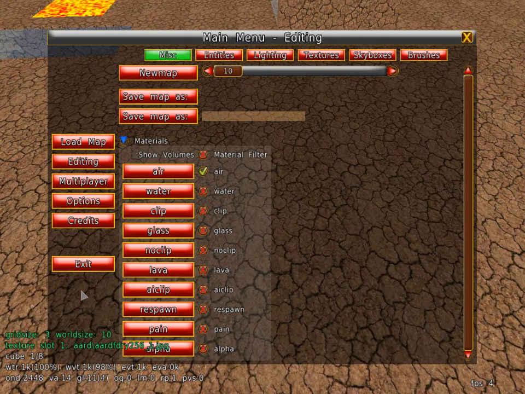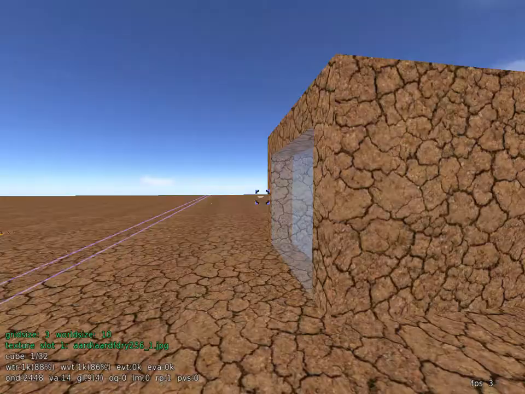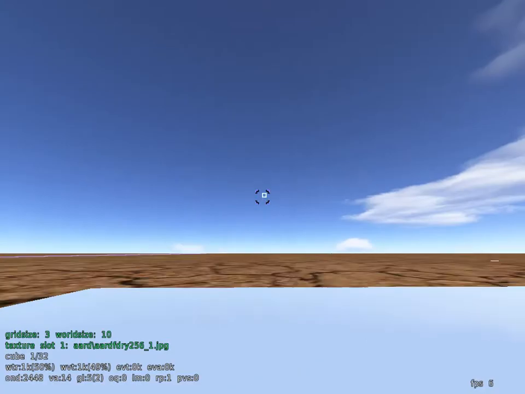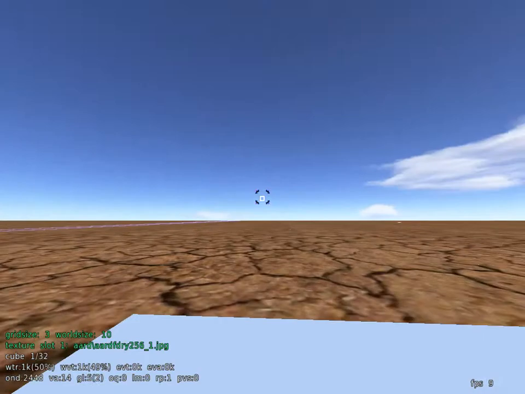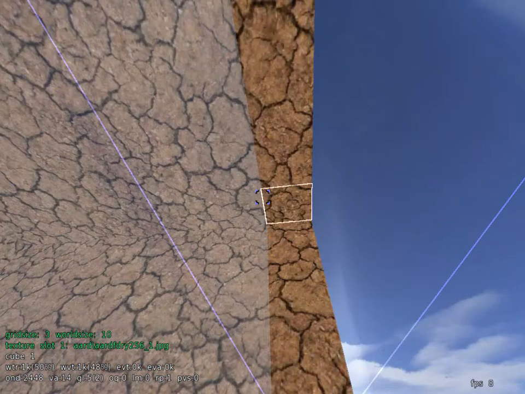Pain will just cause you pain when you go through it. That's good for brambles or sharp, pointy things or whatever. So floor spikes. Anyway, you want to warn the player that they're going somewhere that could hurt them. I'm thinking alpha is just showing, like, let me see. I think alpha just does, if I understand the principle of alpha correctly, it's just transparency. So it just makes something